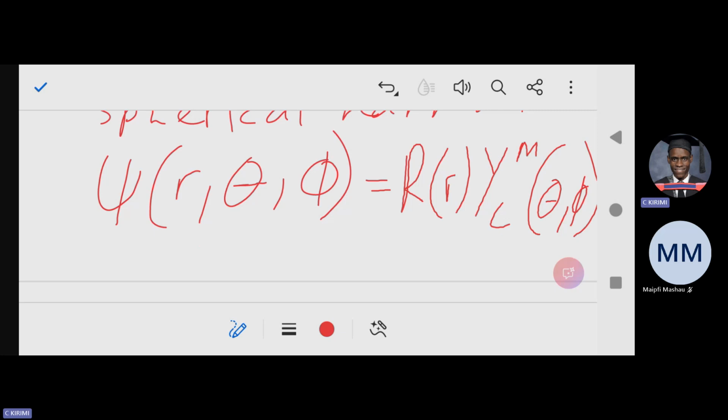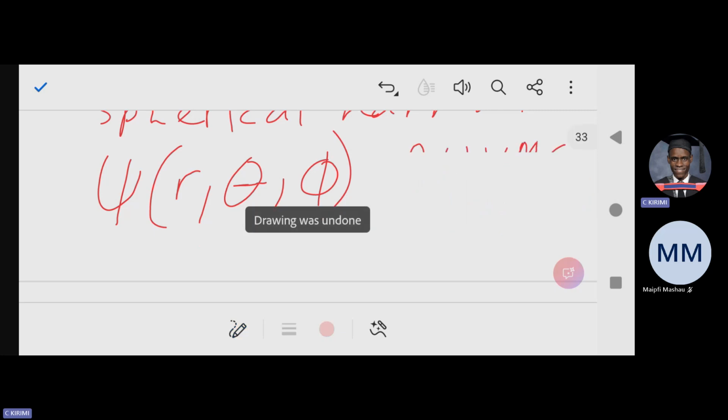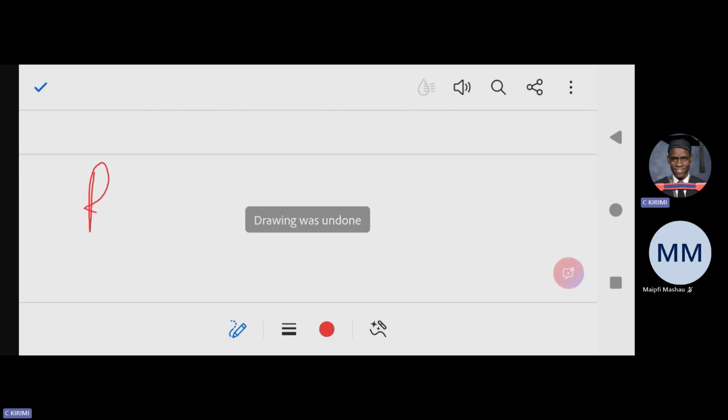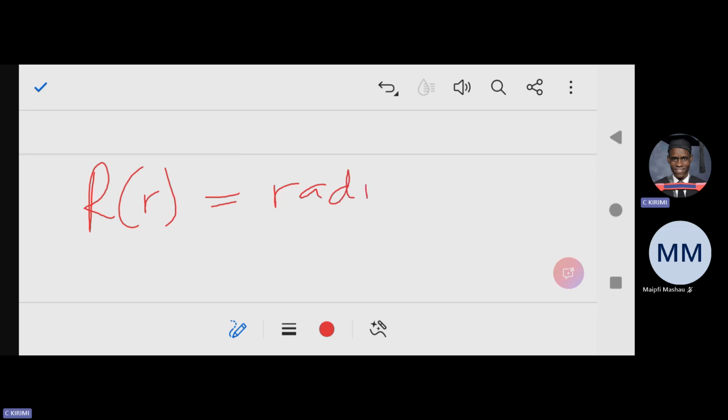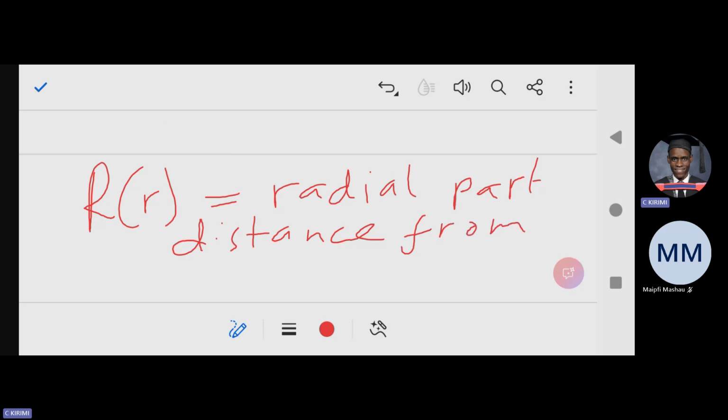So we are rewriting in such a way where R of r is the radial part, which depends on distance from origin. So this R of r is dependent on origin, the radial part. Whenever you see that R of r, they are referring to the radial part, the distance from origin. So you'll be measuring the distance from the origin, the center, radius. Right. And also